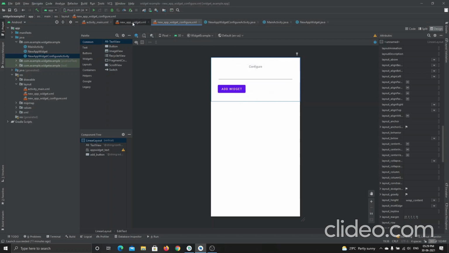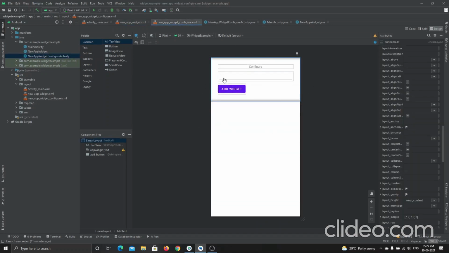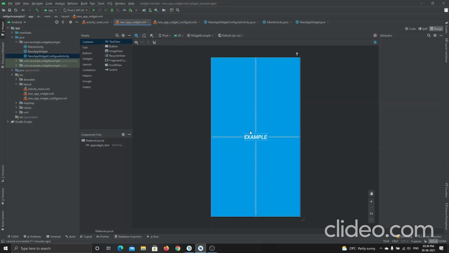Okay, and then if you go back to this widget here, it is nothing but this example. It is displaying to us, right? This will be the display image of the original widget. And this is like a background application, asking for configurations for it. Let me shift back to this example.